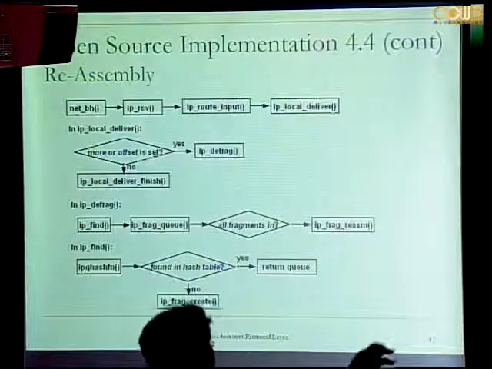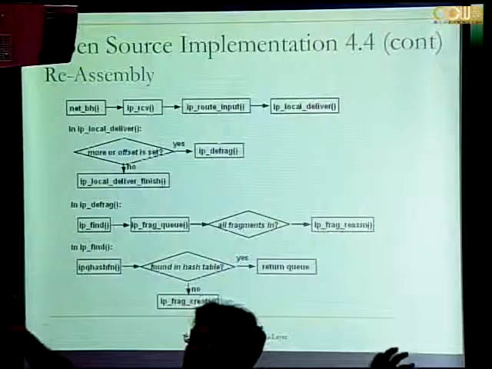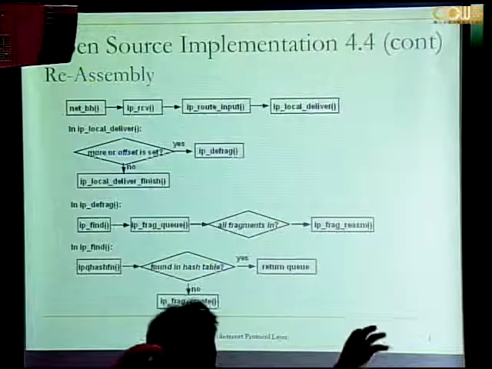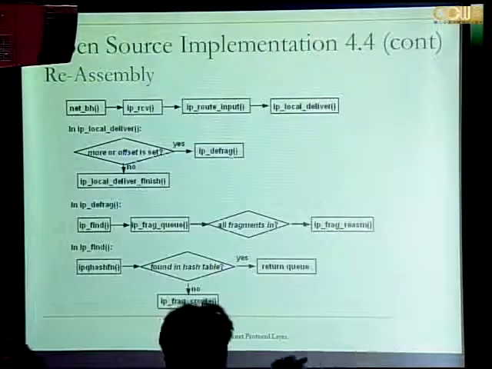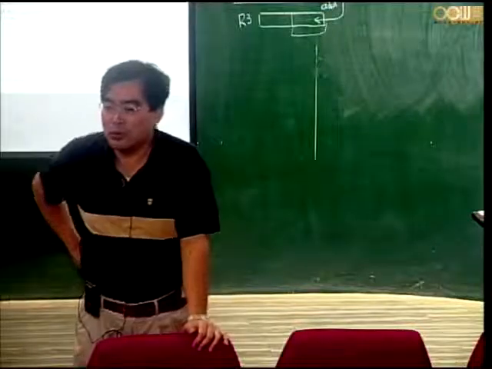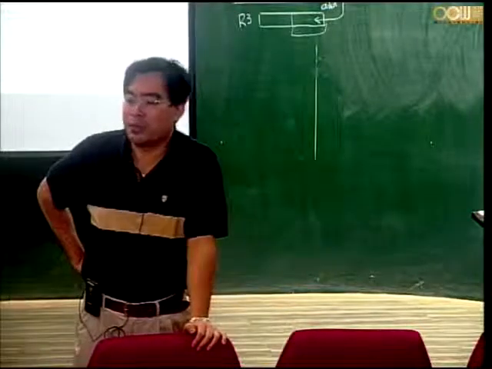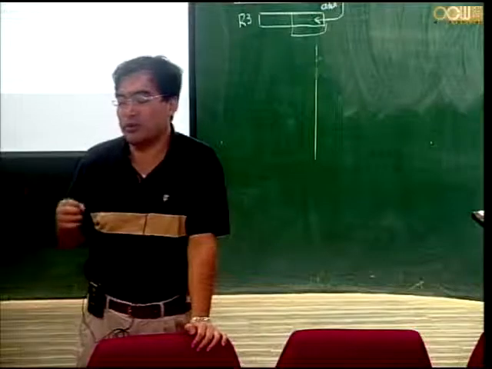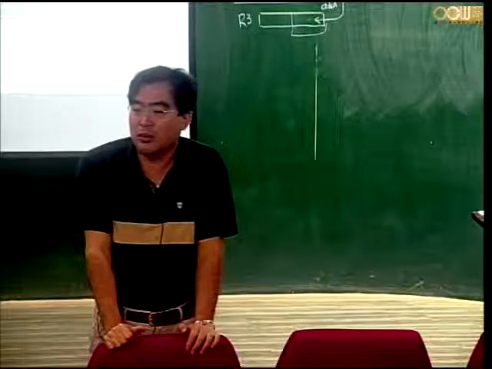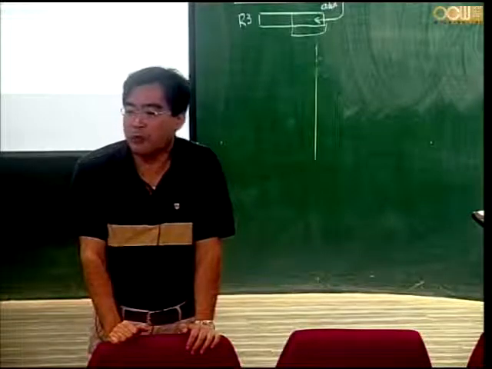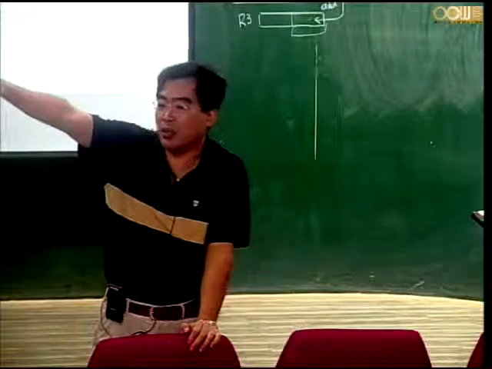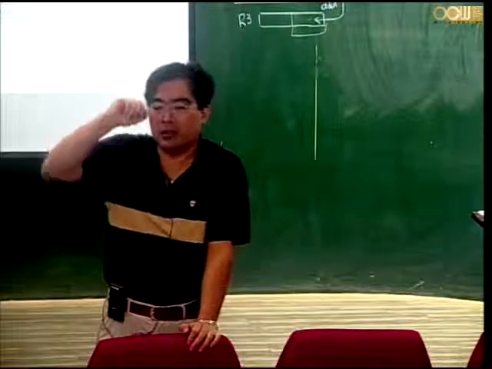Okay, if I send a packet from X to Y traversing a number of routers, the host or the router might fragment the packet. But when should I defragment or reassemble? Defragment is the same as reassembly. When should I reassemble the packet back to the original packet? When? The answer is only at the destination host, not in the router.